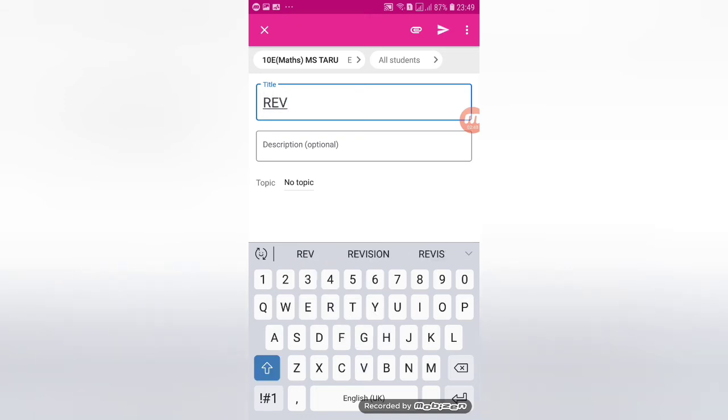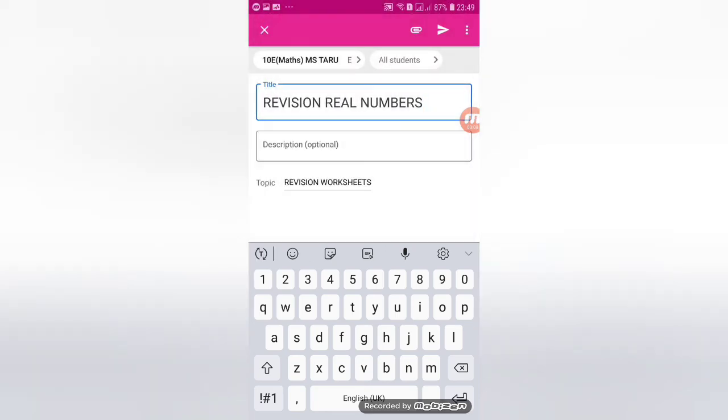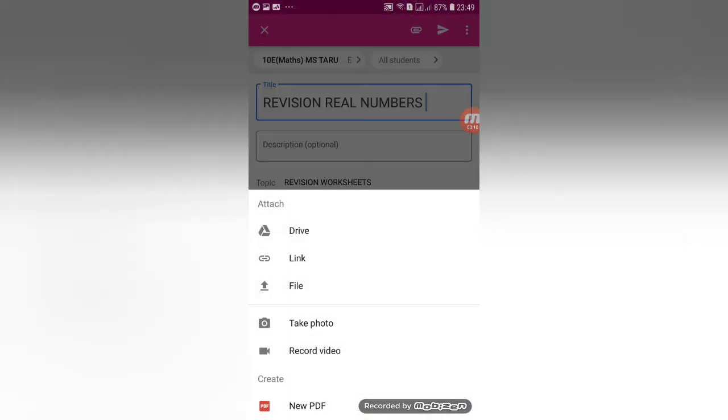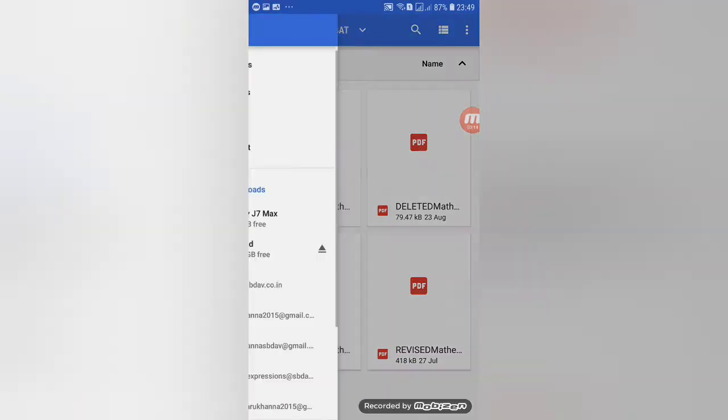It is a revision of triangles. No, it is revision of the chapter real numbers that I am posting right now, not triangles. So revision real numbers. Then the topic is again the revision worksheet. I will save the topic.